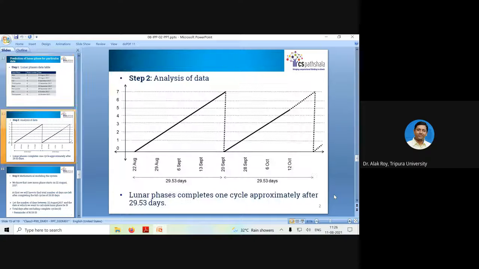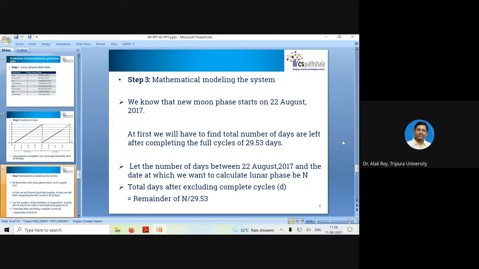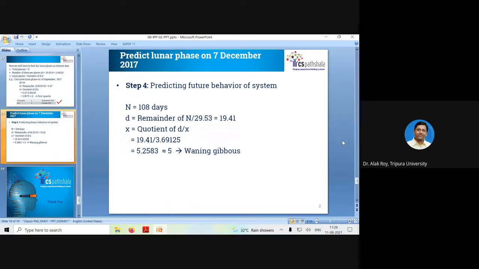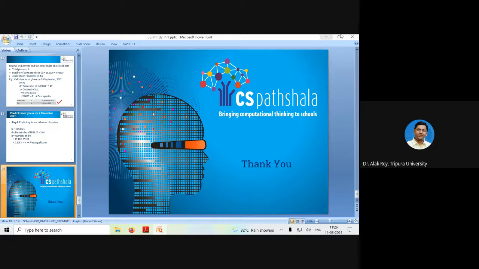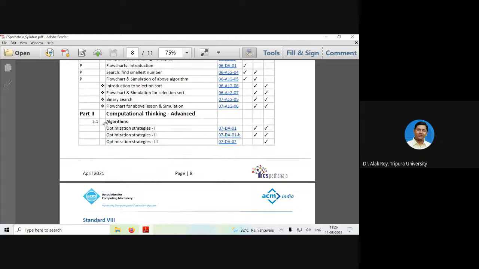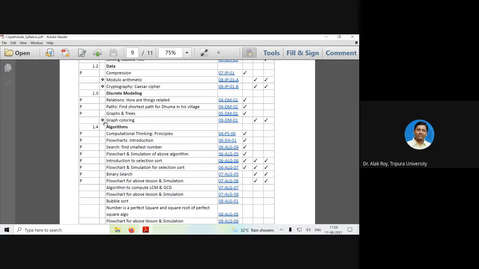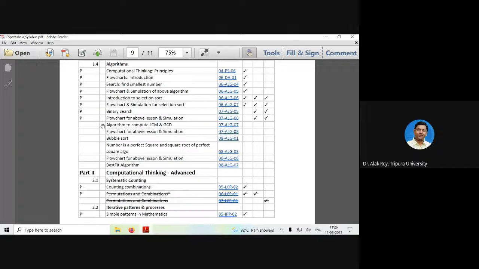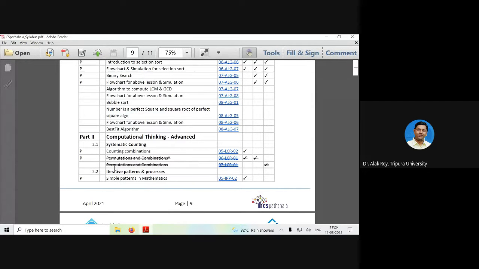In this slide, lots of other examples are available. Like this example is showing a linear increase, then there is a fall. Again a linear increase, and there can be a fall also, like share market prediction. So lots of applications can be there. Due to time limit, I skipped a few of the slides for class 8. So in this syllabus, in my two lectures, for the last class and today's class, I tried to complete iterative pattern and process.